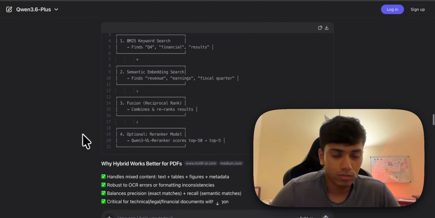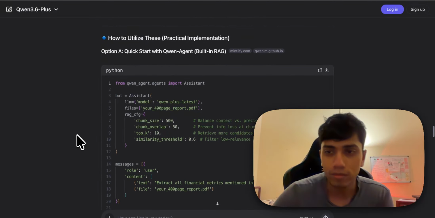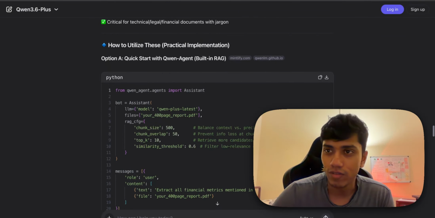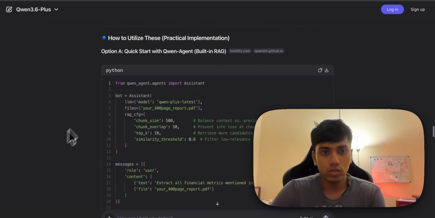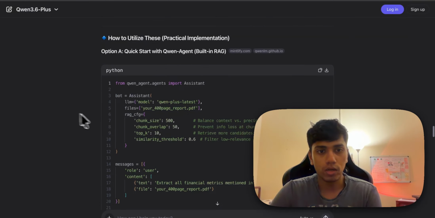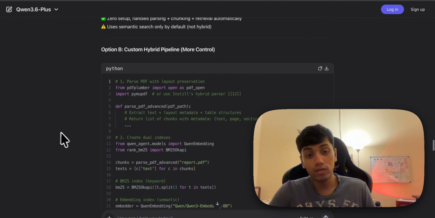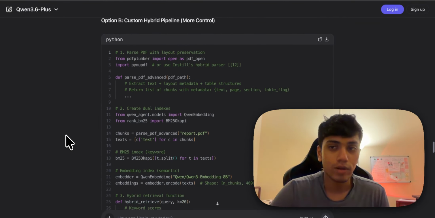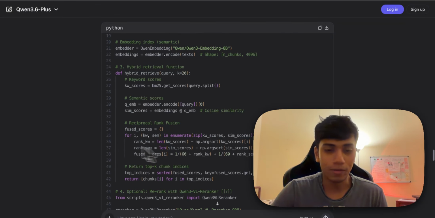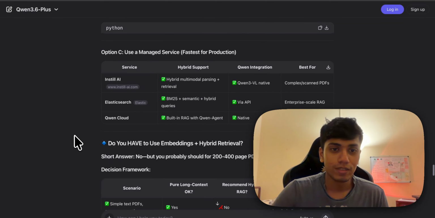Maybe. I don't know. I don't have the time to go through it right now. It's freaking 3 a.m. right now. Anyways, how to use these quick start with Qwen agent, build and RAG. I don't know, I don't learn this right now. Why am I doing this? Why am I making this video? I have no idea. Anyways,